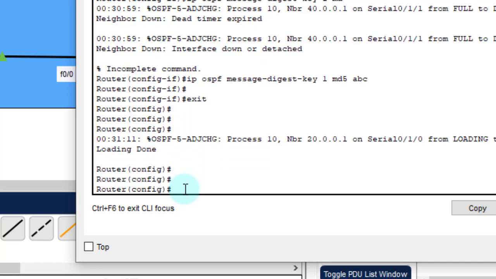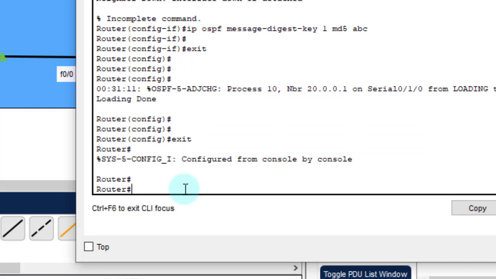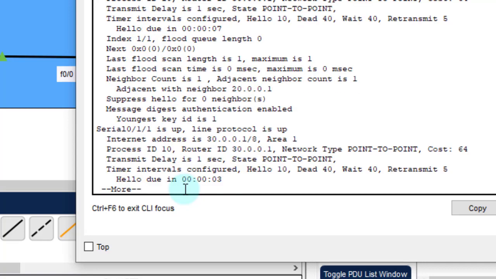Now we will check whether the MD5 authentication is enabled or not on the router. Just exit, go to the router, then type the command to verify the authentication: show ip ospf interface.